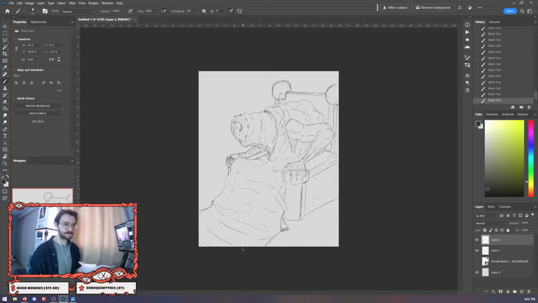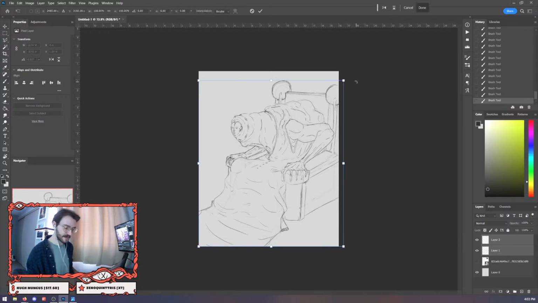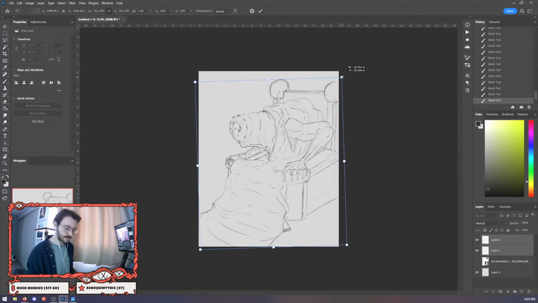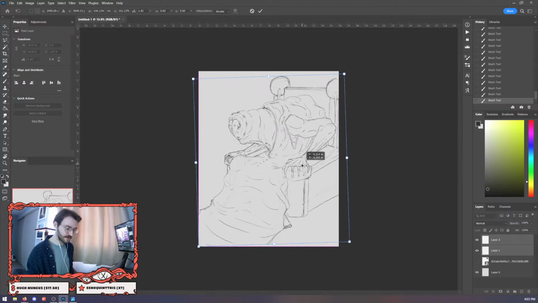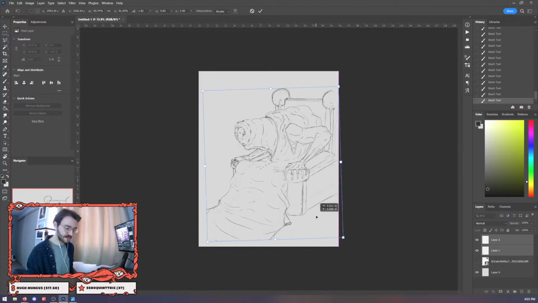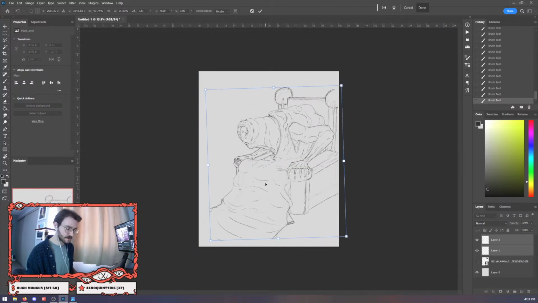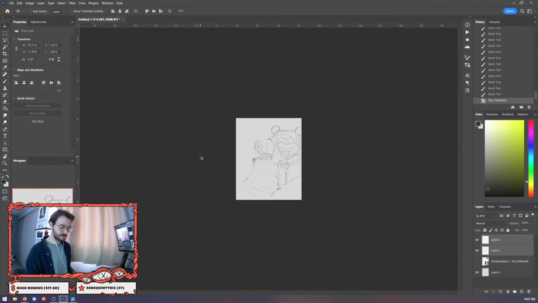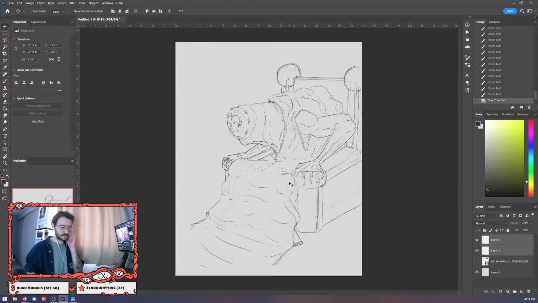But that's not bad. I do think it is a good base here. I'm just kind of readjusting how some of this stuff lines up. And I think probably, like I said, I don't really want this taking up the entire canvas. Something like that. Yeah, I don't hate it. I don't love it. I was just kind of vibing with it earlier a bit more than I am now,